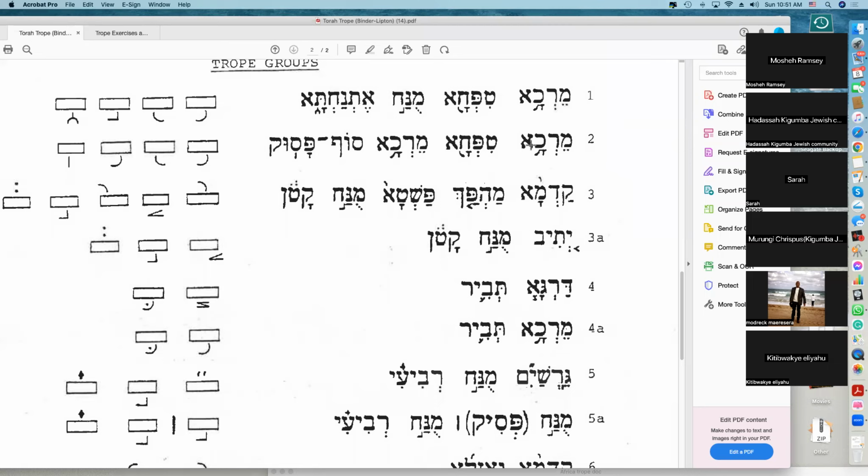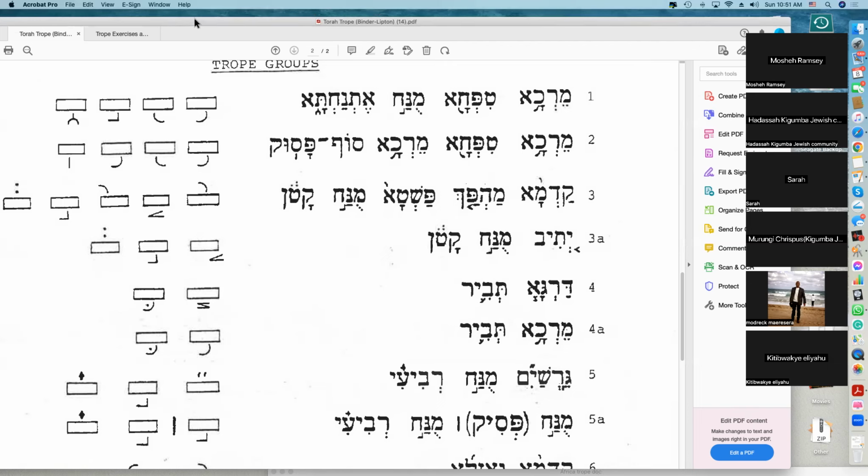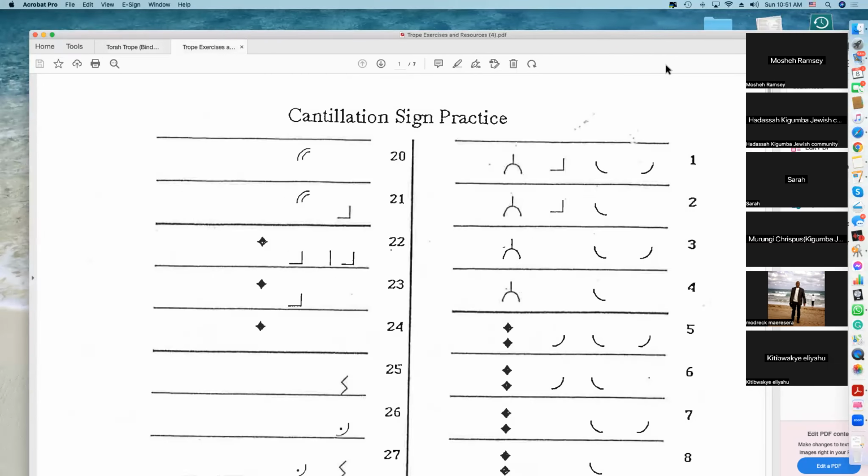Okay. So repeat after me this whole thing. Page number 2. Mercha. Mercha. Tipcha. Mercha. Mercha. Sorry. Mercha. Mercha. Sof pasuk. Just lovely, lovely, lovely. So let's look at our practice sheet now, and let's see what the different kinds of